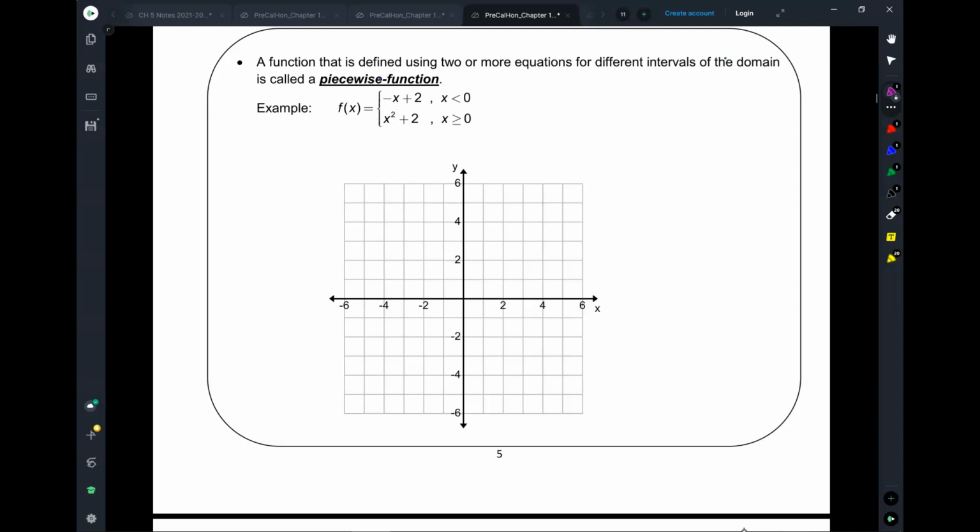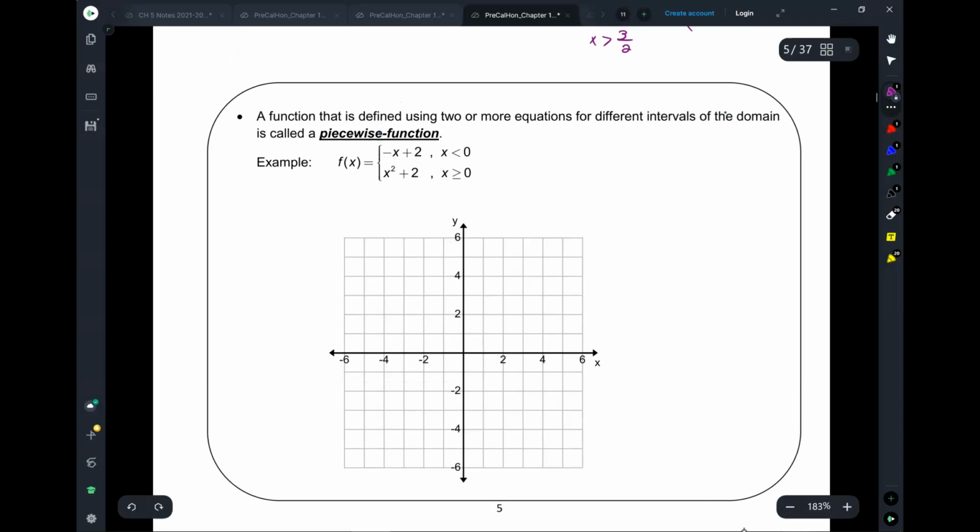The thing about a piecewise function is that the function contains 2 different equations that are graphed on separate intervals. It's like 2 functions are roommates of each other, right? And they've split up the house. This is my domain. Literally, that is your domain. You like that, huh? Okay? So now,